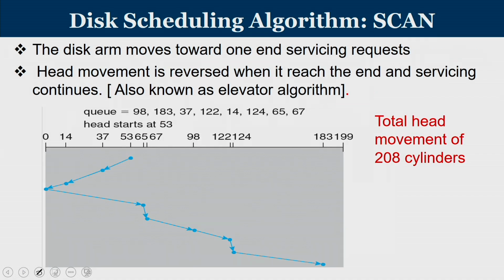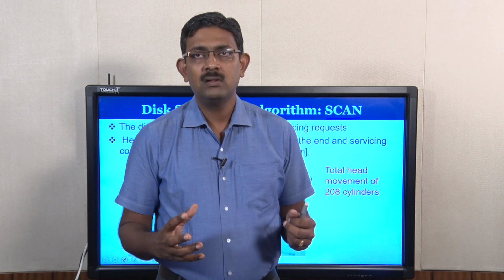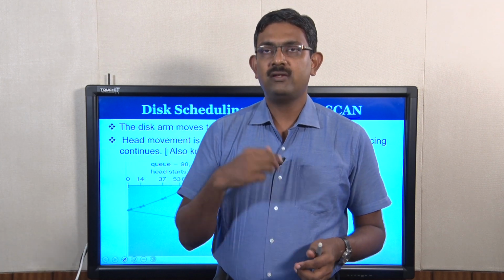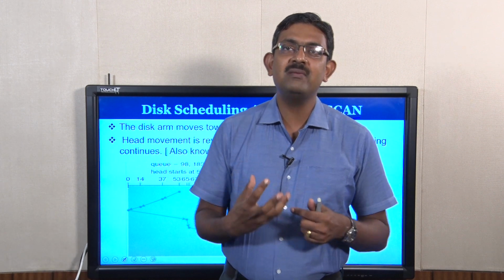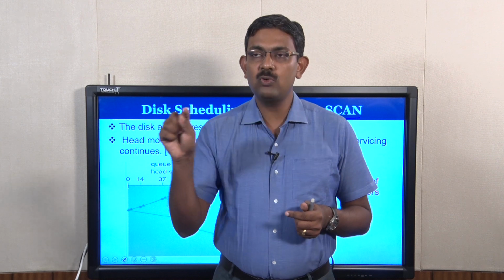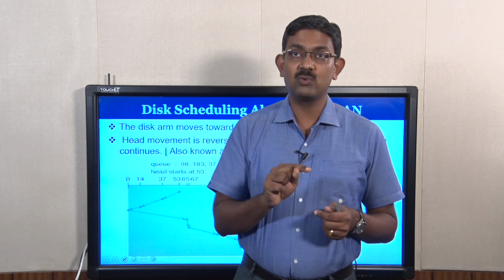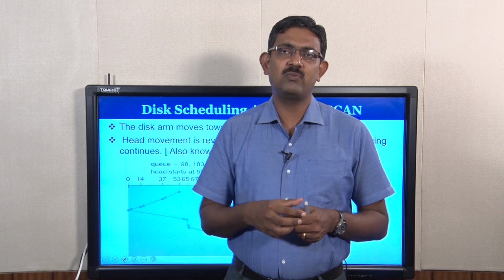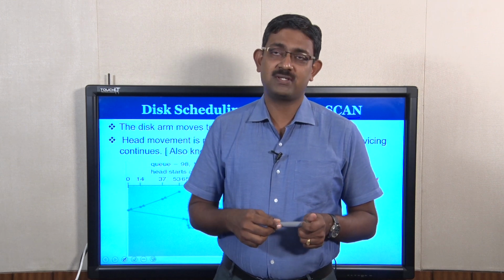Moving further, it is called the scan algorithm. You know that in the first algorithm, FCFS scheduling, as well as in shortest seek time first scheduling, the head has to move forward and backward depending upon which is the closest one. To understand what a U-turn means, the head has to come down to 0 speed and then take a reverse direction, and that is going to consume a lot of power. It is a slow process as well.